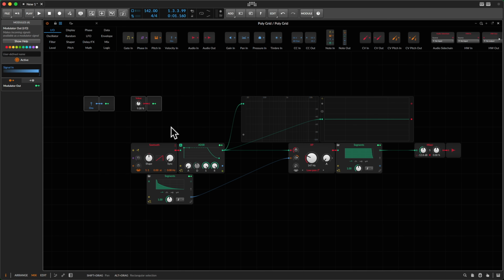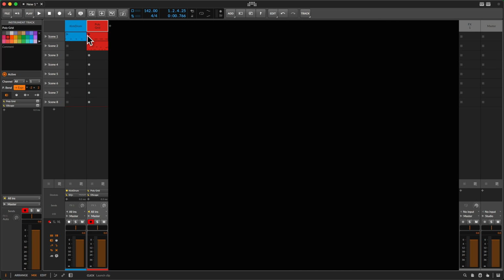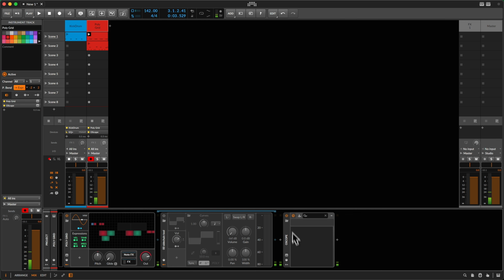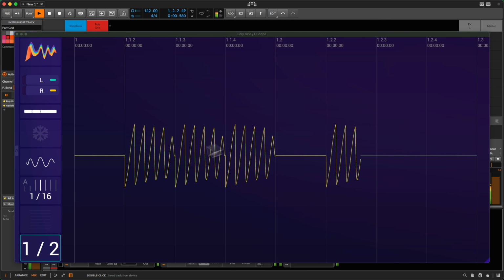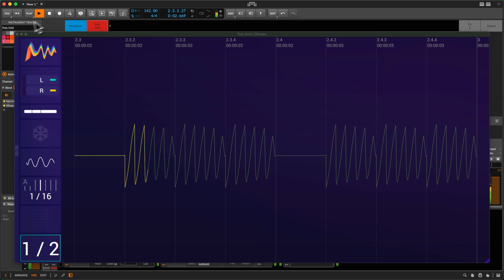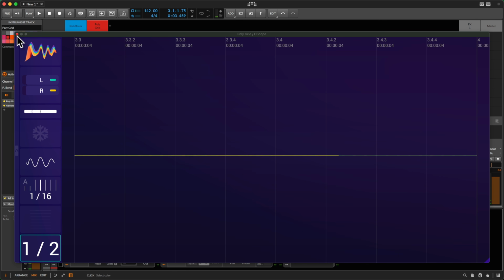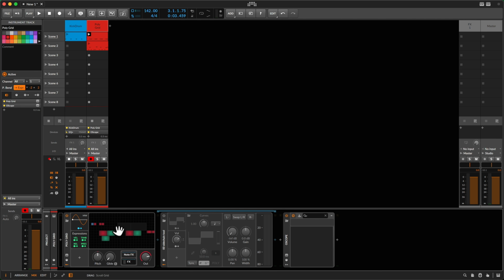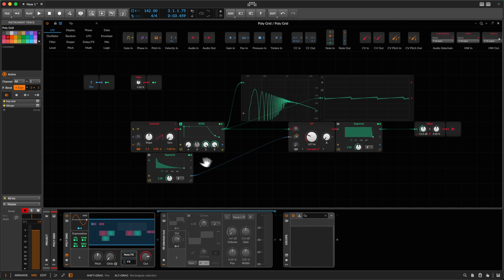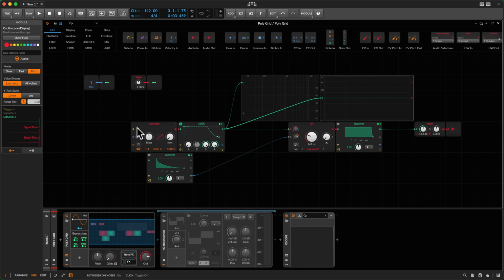Okay, the baseline right now is just a sawtooth going into a filter. And let's see how it sounds. Simple, it's just a sawtooth. And this is how it looks like on the oscilloscope. Okay, there's a spectrum here and this another oscilloscope. Now let's